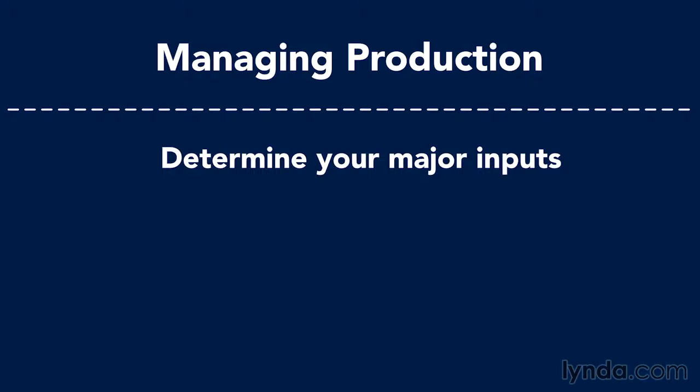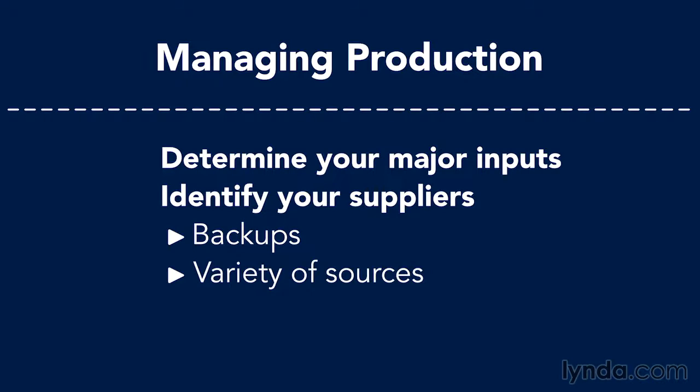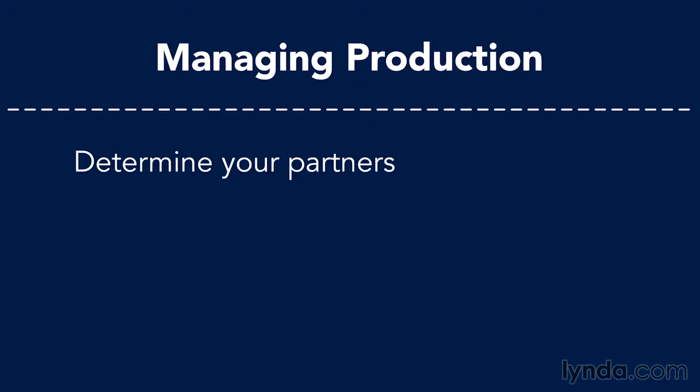For your business, as you write your business plan, think through what your major inputs are to making your product, and then who are the suppliers? Do you have backups for those suppliers? Do you have a diversity of sources to mitigate supplier risk? How are you going to manage the costs of the things you buy from your suppliers? Do you intend to have long-term contracts? Will you conduct a scheduled bid? Will you have any partners, joint ventures, alliances for key components? Something like Intel Inside, where Intel chips are in major computers from a variety of manufacturers.